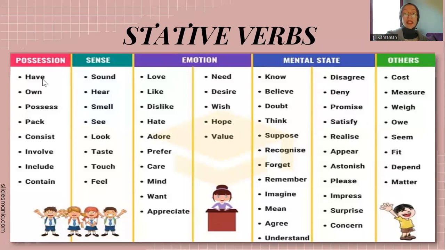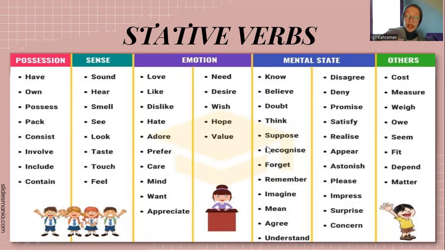Have. We can use have as both an action and a stative verb, because when we say she's having a hard time, that is the action verb form. But when we say he has a car, he has some important questions, in this form these are stative verbs. And there are some other